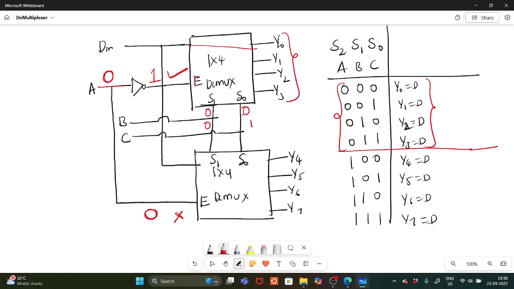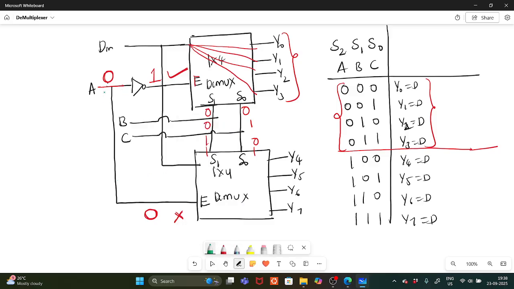Okay, 0, 1: the input is connected to Y1. 1, 0: the input is connected to Y2. And 1, 1 means Y3 is connected. Okay. And next, suppose